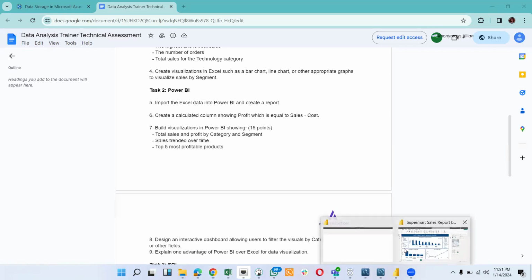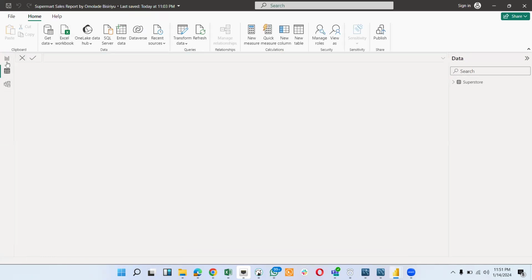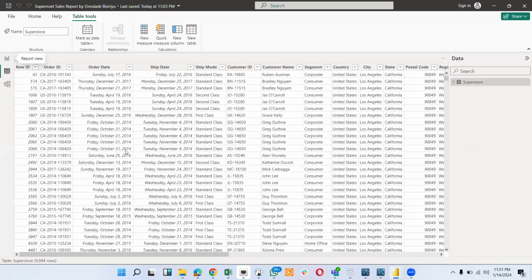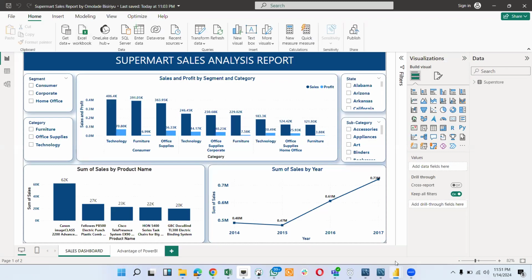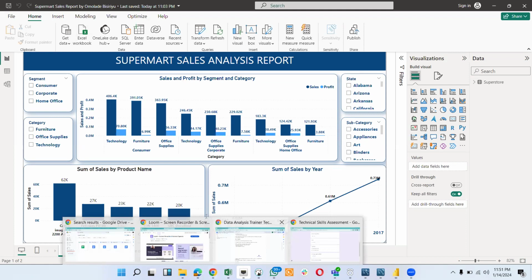We've done that. I used get data. You can also go directly to Excel workbook. Then I imported my data. You check here, see our table view. This is a table, and this is the report view. Then, in continuation of the task, I was asked to